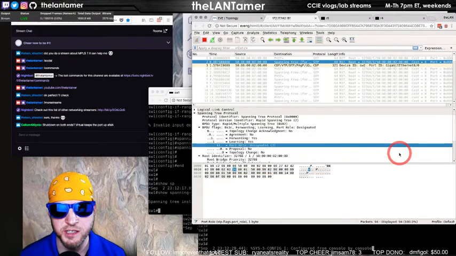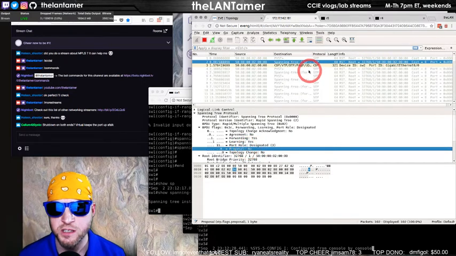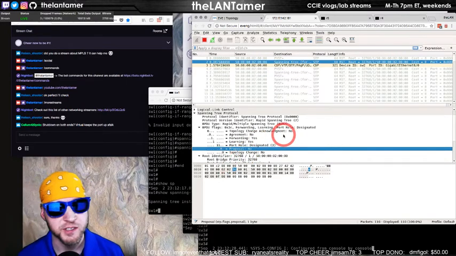And he's saying this is the designated. So what we should see here, when we turn this port on, is switch 1 sending a BPDU with this bit set first. Then, as I said, switch 2 will be sending the same BPDU back, saying, hey,